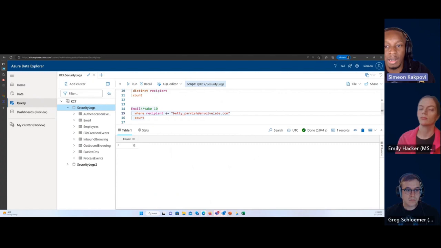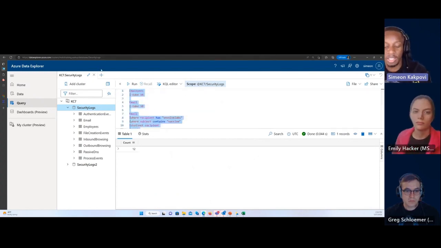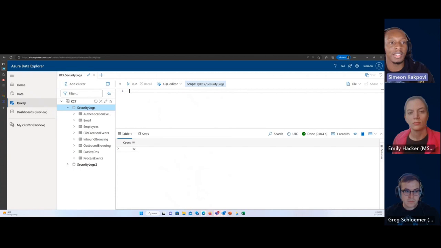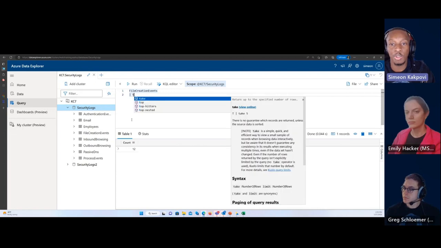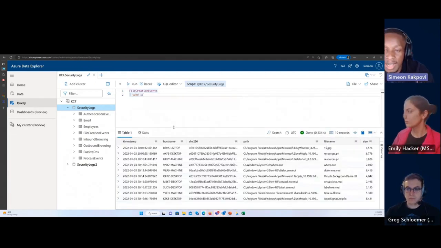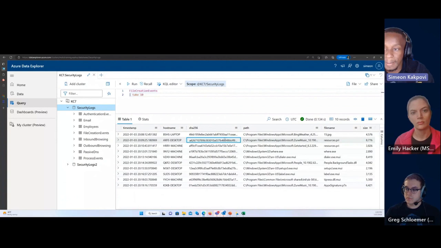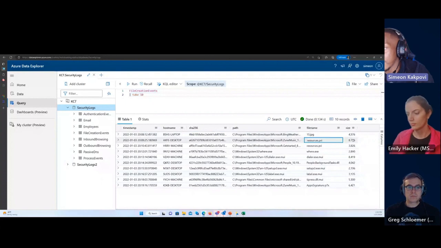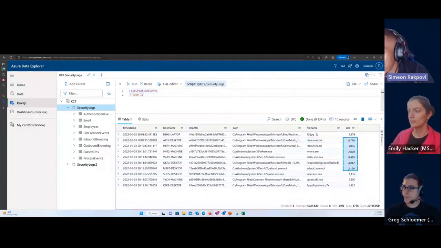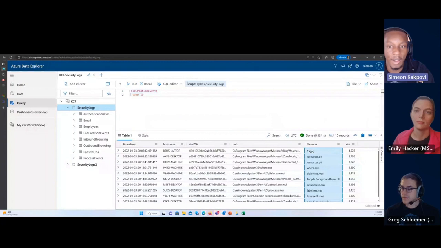I'm going to go back to the data set, and one thing we'll notice is that I have all these tables here. If you remember, we had a guide that shows us what all the different data sets mean, or what kind of information they contain. We'll see that we have a file creation events table that tells us about different hosts in the organization. I'm going to do a take 10 on that table, and I want to see that it has information about the host name, the SHA-256, which is a unique identifier for a file, the path on the machine, the file name, and the size. This will probably be a good way to find the file that we're looking for.